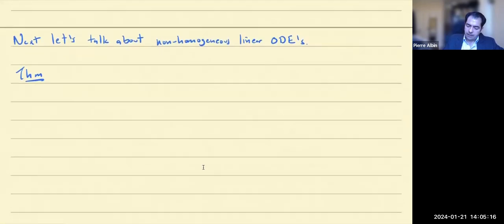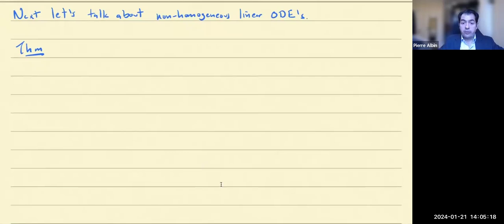Okay. So here's the structure theorem for solutions. And here you'll see it's really useful to use the operator notation. Suppose L is a linear differential operator. For this theorem, I don't need it to have constant coefficients, just that it's linear. So suppose L is a linear differential operator and